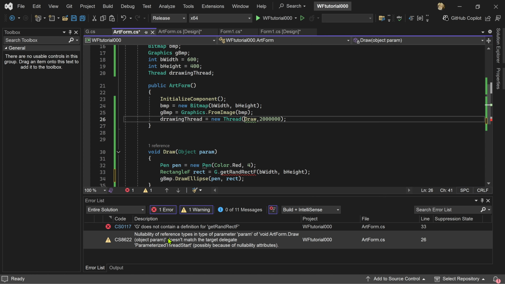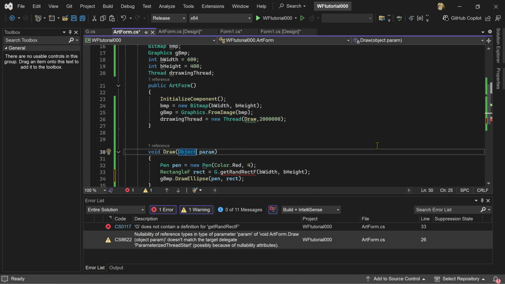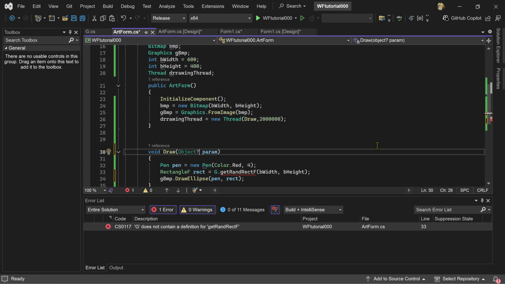And then I've got this thing here. Now, this is a little thing. I just need to put a question mark on the end of the object. That means that it could be a null value. Now, null is a special value. It means that something doesn't exist, or that it's a pointer that's not yet assigned. Okay, so that fixes all of that, and we're down to this one error, that G does not contain a